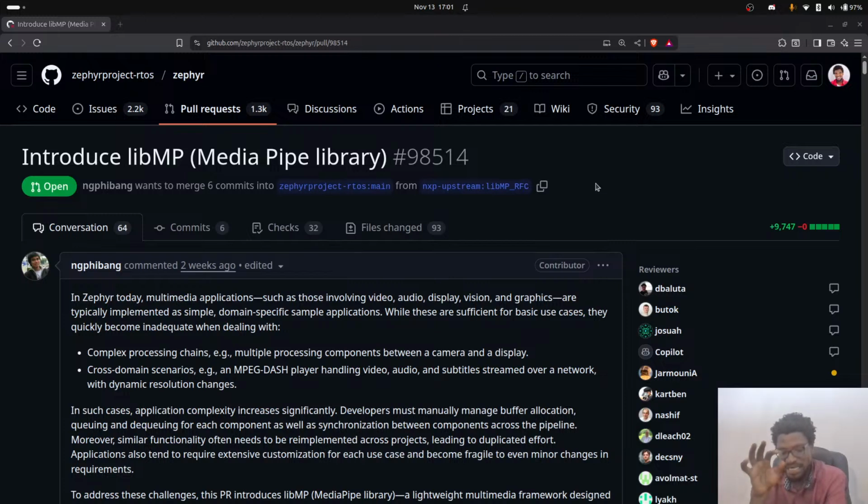So this media pipe ends up being the feature you need to do things like that. Previously Zephyr only had very primitive video drivers and very primitive buffer management, but with this media pipe we get to be able to